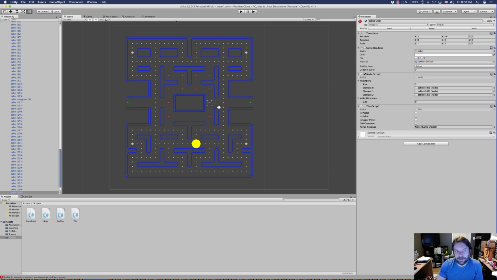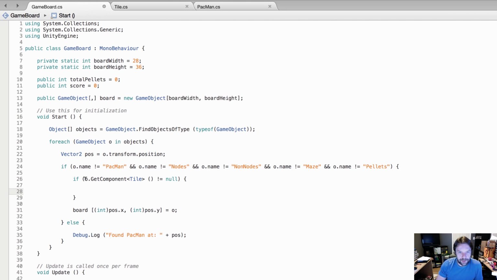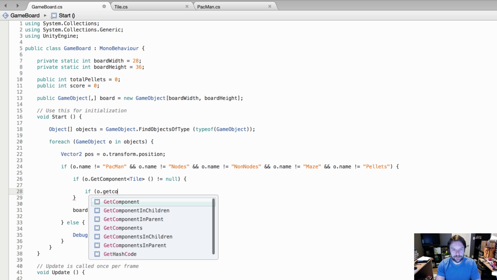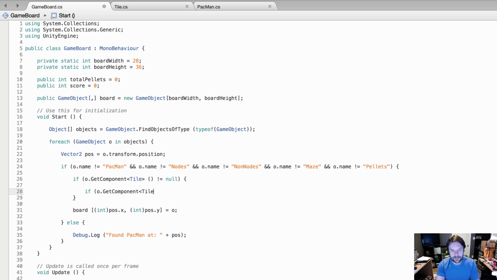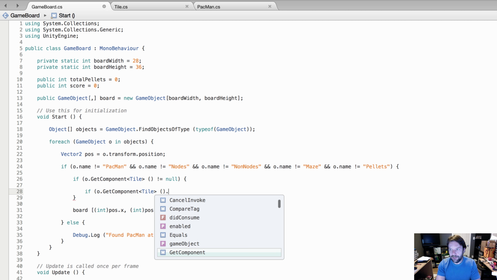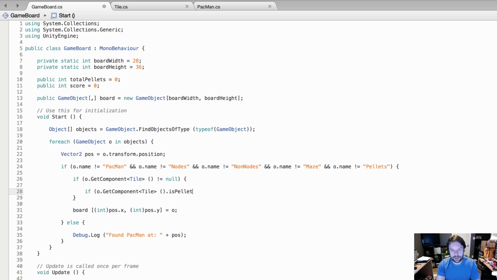So it's got the tile component, all right? So that's the first thing we check for. Is it a valid object that we can actually work with? So let's go back to our game board script. So we check to make sure that the tile component exists, and by doing that, we just say, hey, is it null? If it's not, then we're going to check something else. We're going to check O.getComponent. Since we know the tile component's on it, we can get the tile component, and we can check if that tile component's is pellet property is set to true, or